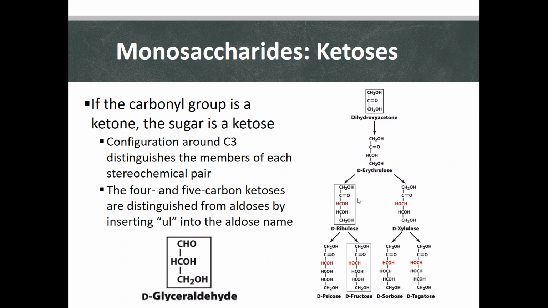But yet again, just like the aldoses, the overall molecule's stereochemistry is defined by the chiral center that is furthest away from the carbonyl group. It just so happens that in this case, the carbonyl group is a ketone, not an aldehyde group as you saw for the aldoses. Now, once you get beyond the 4 and 5 carbon molecules to the